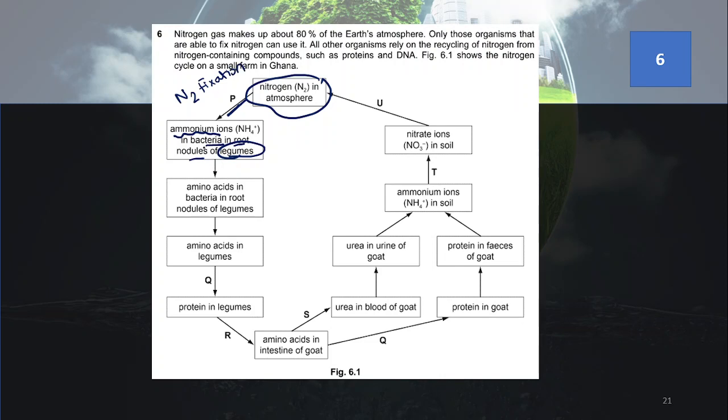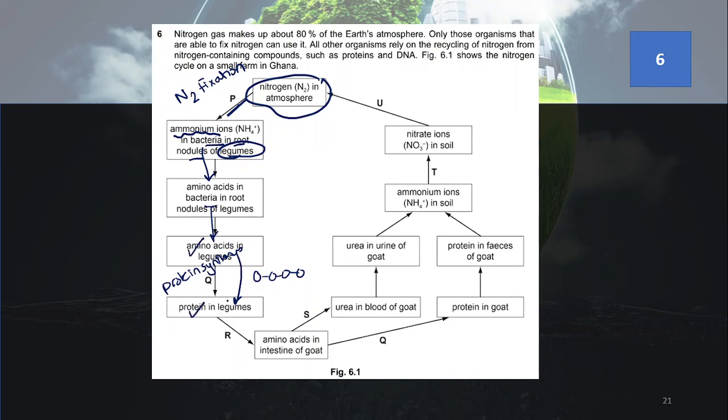The ammonium in the bacteria is converted into amino acids in the bacteria and then in the plant itself. Okay, then he told me the amino acids became proteins. What's this process? When you join amino acids together, what are you doing? You are doing protein synthesis. That's from an old chapter, but it still relates to the nitrogen cycle because amino acids contain nitrogen